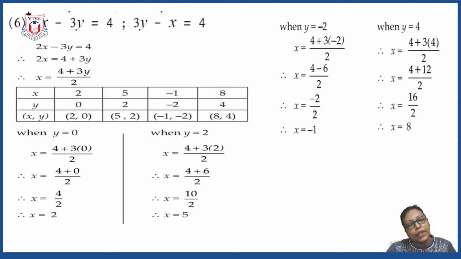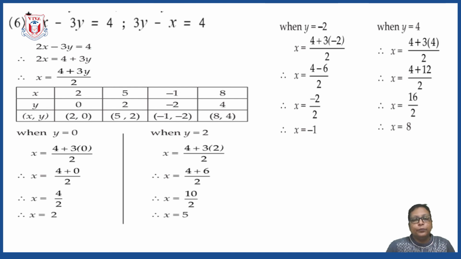In other sums, you can take any values and you are going to get the value of x or y very easily. But this is a little bit different. So you have to think in such a way that the value of x should not be a fraction. For example, you can see that 4 is divisible by 2. So if we make the second term 0, that means if we take y is equal to 0, the second term will be 0 and we can divide 4 by 2 and we will get the value of x as 2. So think and take the values. Like here y is taken as 0 and from that you will observe that the value of x is 2.